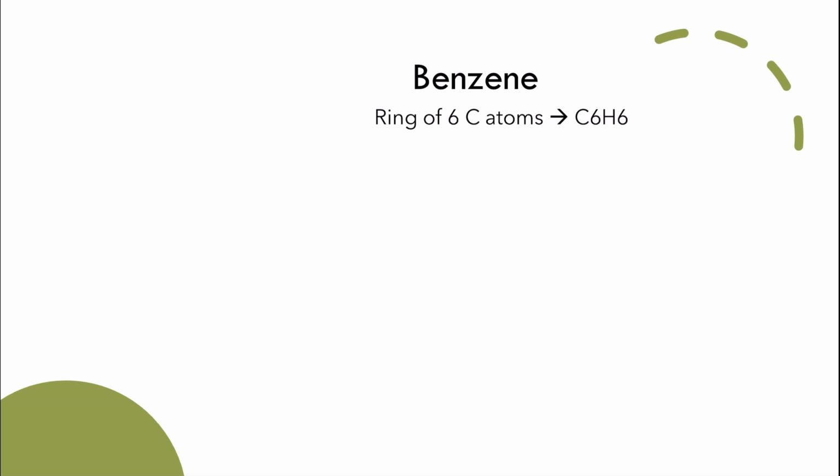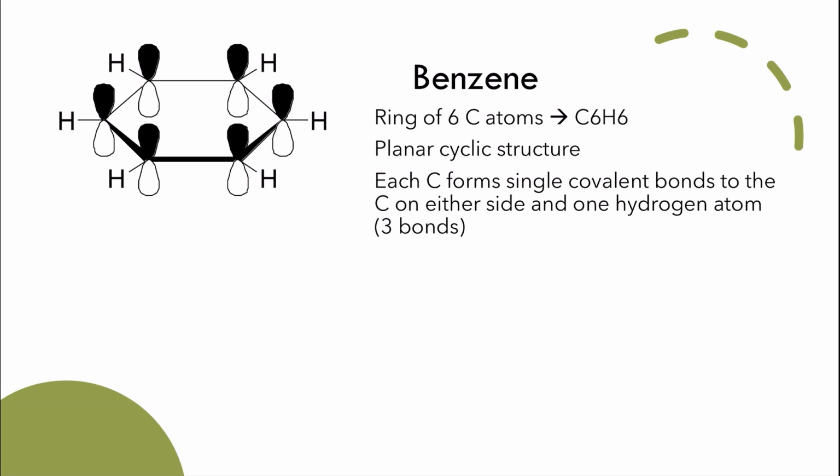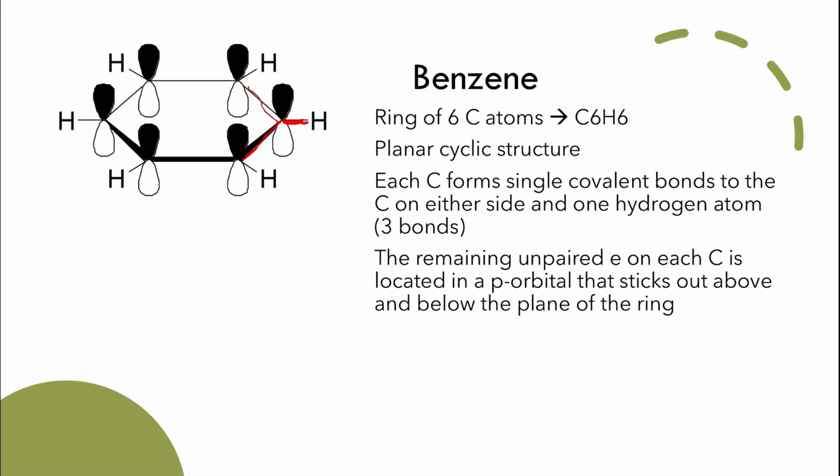atoms and 6 hydrogens. It has a planar cyclic structure, and in this structure, each carbon atom in the ring will have two sigma single bonds between the two adjacent carbons, and then we'll have another sigma bond or single bond with the hydrogen. So there are 3 bonds, and then the remaining unpaired electron on each carbon is located in a p orbital. So these are the p orbitals which are sticking out above and below the plane of